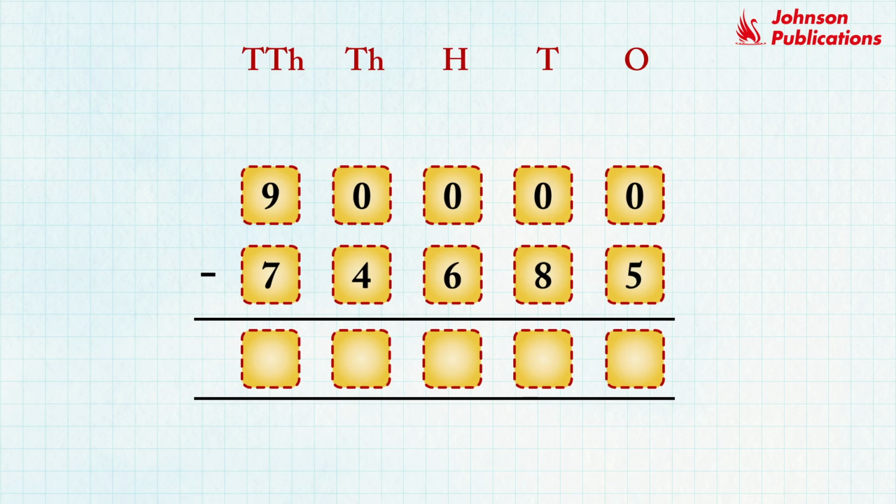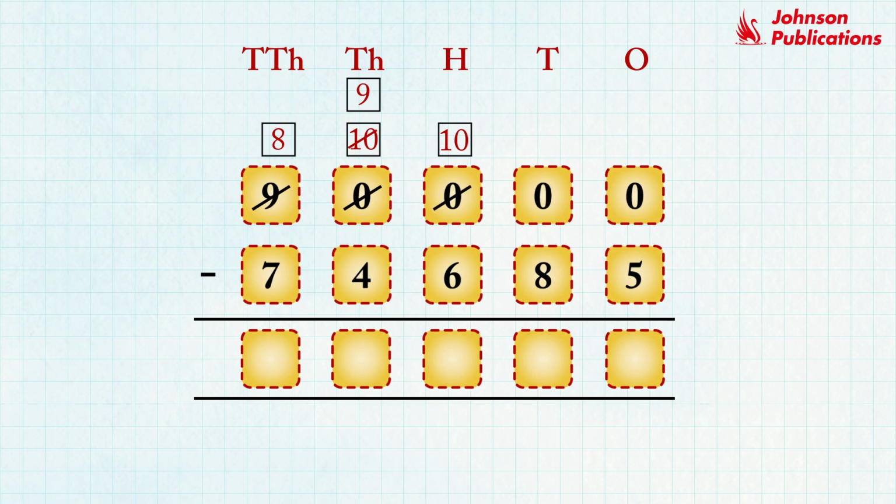To subtract the ones, we have to regroup. There are no tens, hundreds, and thousands. So start regrouping the 10,000. Step 1. Regroup 10,000. We get 10 at the thousands place and cross out 9 to make it 8 ten thousands. Step 2. Regroup thousands. We get 10 at the hundreds place and cross out 10 to make it 9 thousands.